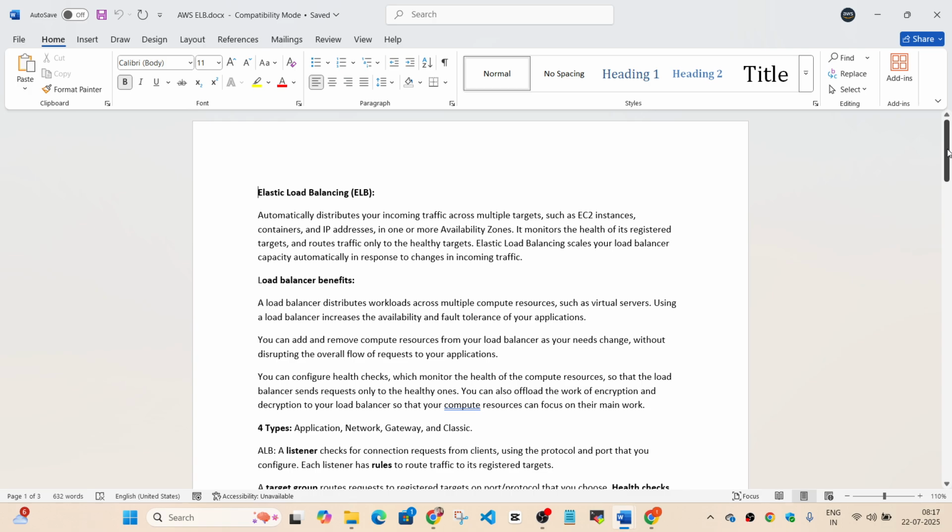For that, we use a load balancer in general. The most important role of a load balancer is to balance the load across the targets which are running behind the load balancer.